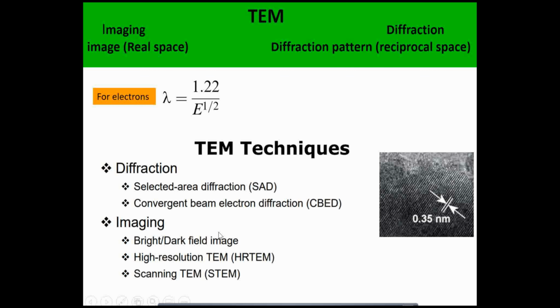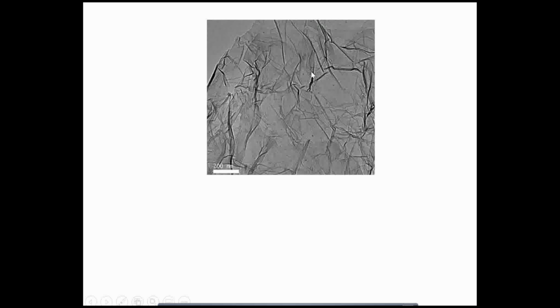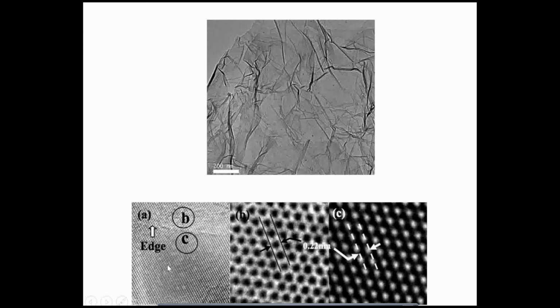You can see the images. This is a graphene sheet. You can see somewhere wrinkles, somewhere darker regions. You can tell that there is a thin layer, one layer, or there are multiple layers. This is a scanning TEM image of a graphene sheet. And then the HRTEM image, the high resolution TEM image, where you can see lattice fringes. There are two grains, B and C. B is like a hexagon and C is like linear. You can see the lattice fringes. Both have 0.22 nanometer interplanar distances. This is the application of TEM.